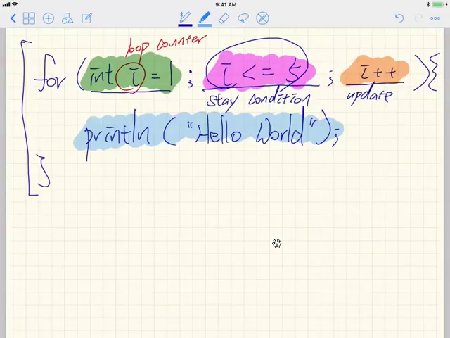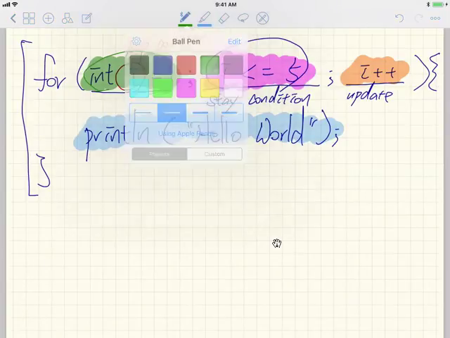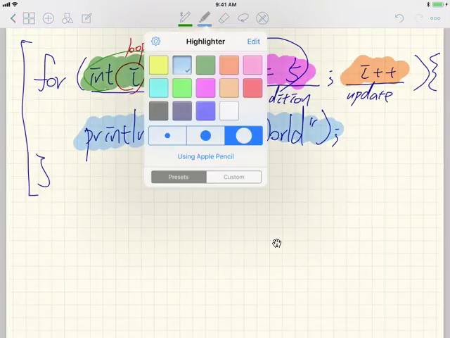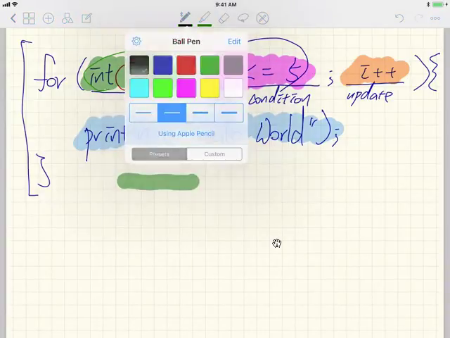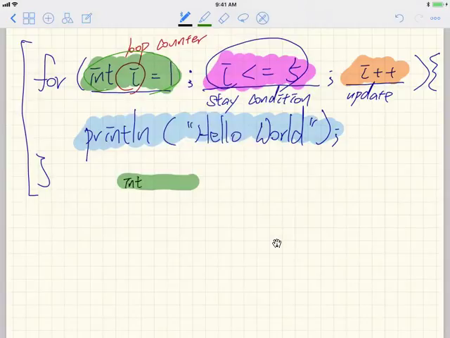Now, the initialization part, which is the green part, is only going to be executed once. So what I will do is first of all put the green one over here. I'm going to draw the flow chart. So this one here, I'm also going to write it down as well. Integer I is assigned to 1. Okay, just that. Followed by